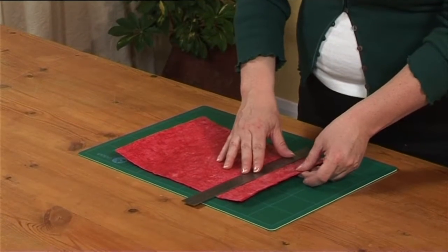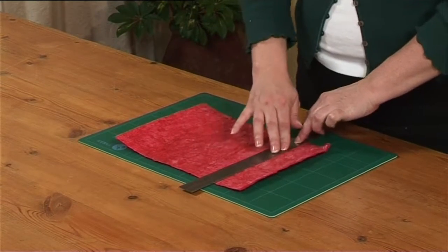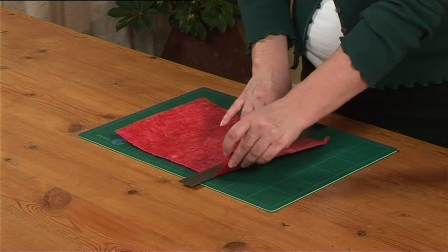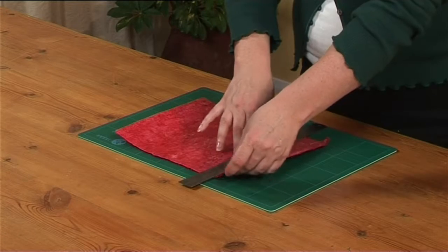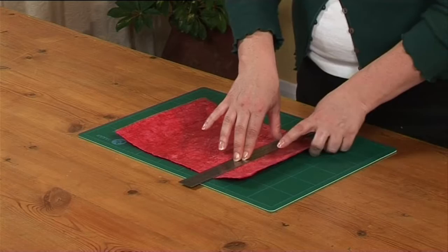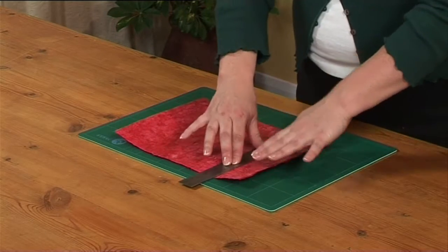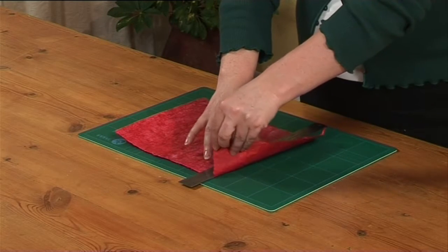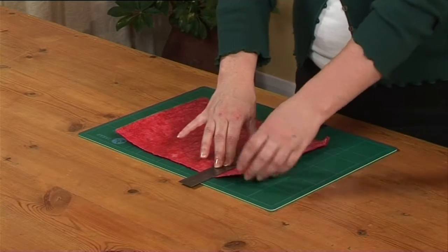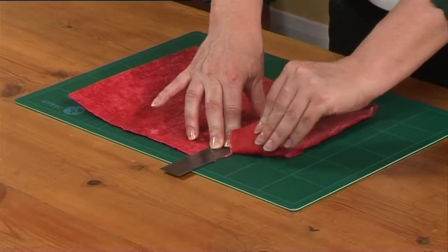So taking a steel ruler, we place the ruler along the line that we want to tear. Now, one important point with this is you need to give yourself at least 3 centimetres so that you can grab and pull, that you've got enough paper here to get hold of. And another thing to mention is this is the piece of paper that I'm going to use. This piece will be discarded, so this is the piece that I can curl up. If I tore from this side, the piece that I'd eventually use would become curled as well, which we don't want. So, taking the top edge of the paper, you just pull it down quickly